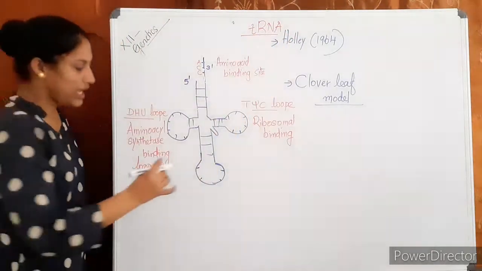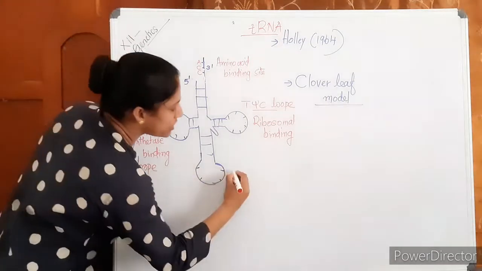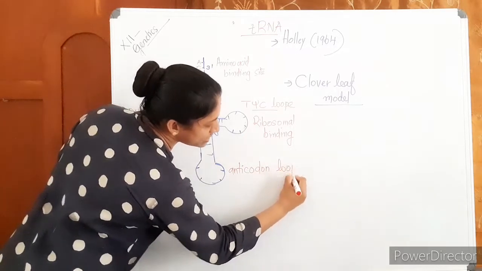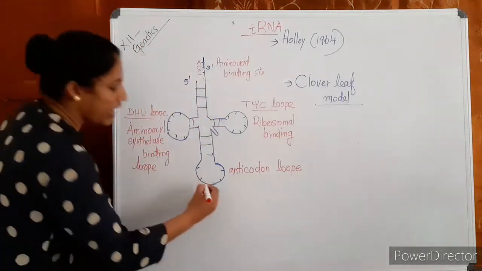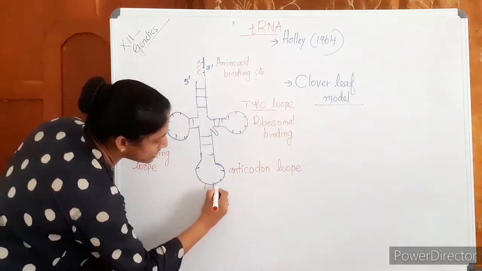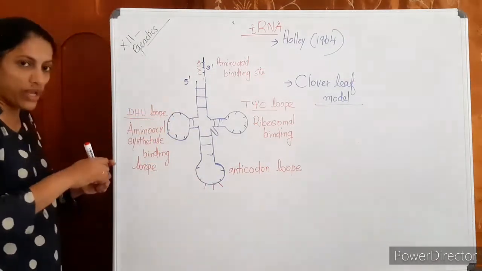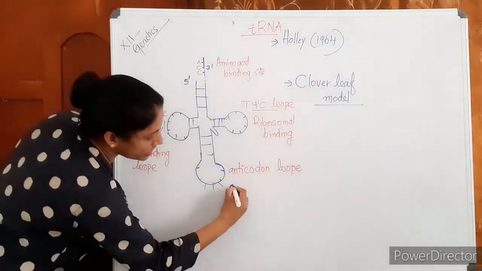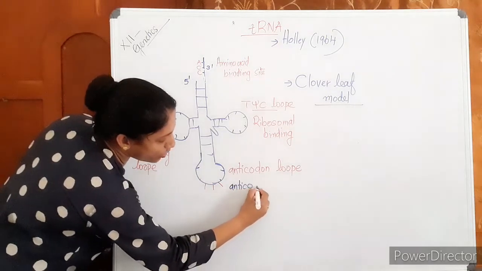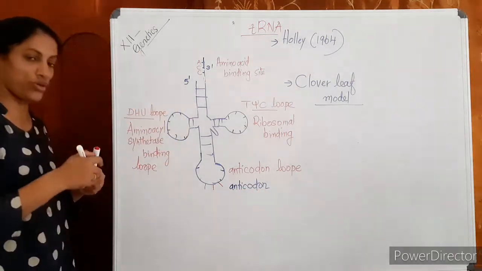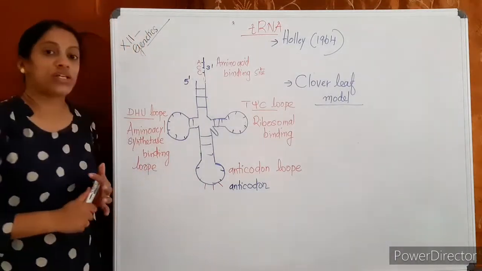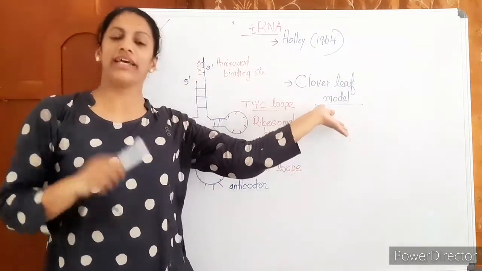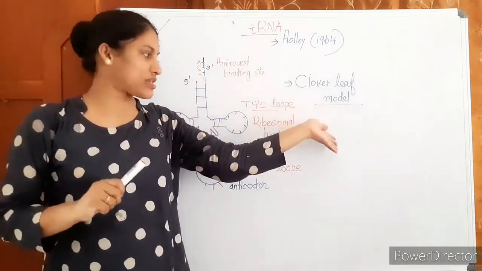Okay. The structure of tRNA proposed by Holley, the clover leaf model. Then understand this loop is known as the anticodon loop. And here there are 3 bases exposed, I mean outside, due to the curving of the molecule. It's not internally placed. This combination of 3 bases is called an anticodon. We will discuss what an anticodon is. So the structure of tRNA proposed by Holley is called the cloverleaf model. It is a 2-dimensional structure.